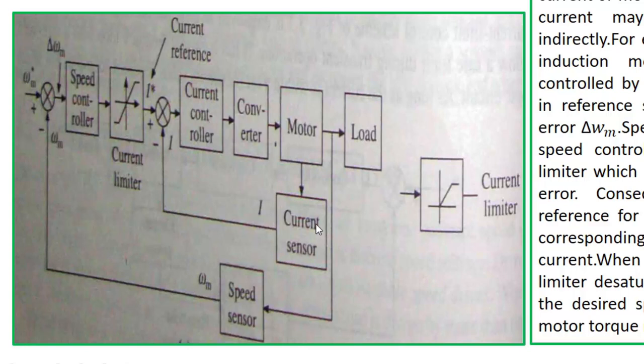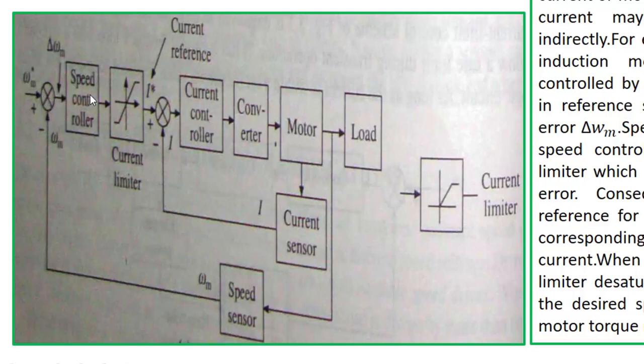Just like the earlier closed loop system, here also it will follow the same thing. Omega m star is the desired speed, the speed we want. Omega m is the actual speed. Now there will be some error. If omega m star is not equal to omega m, then there will be some error, and that error is del omega m. If omega m star is more than omega m, then a positive error will be there,